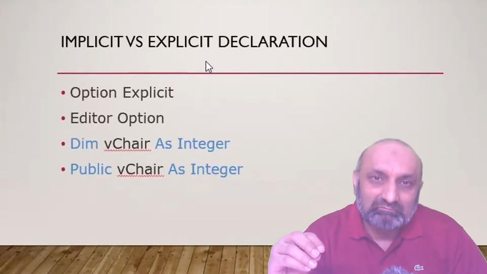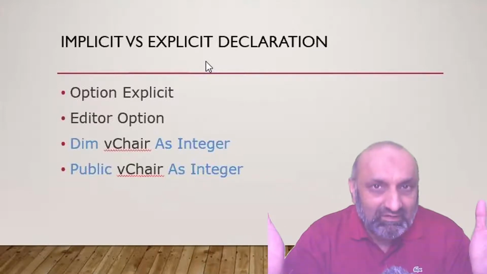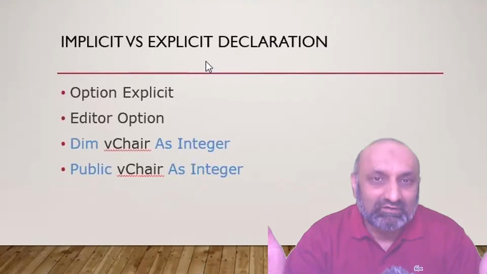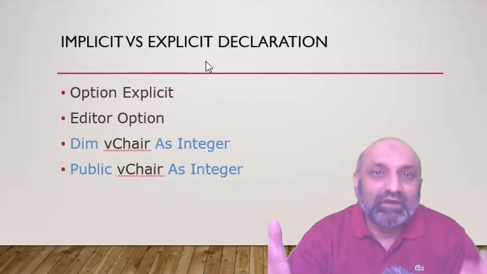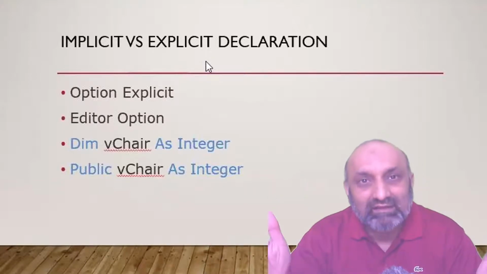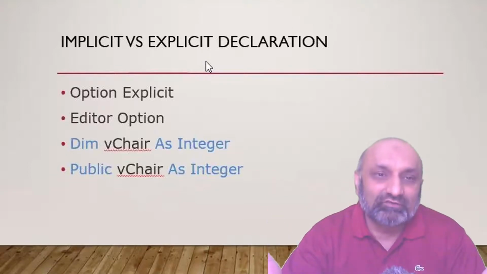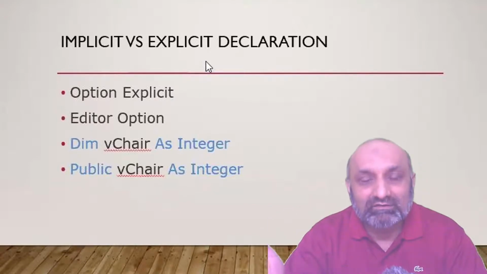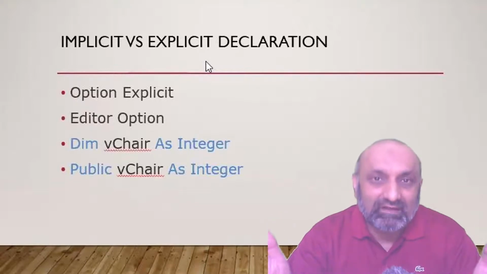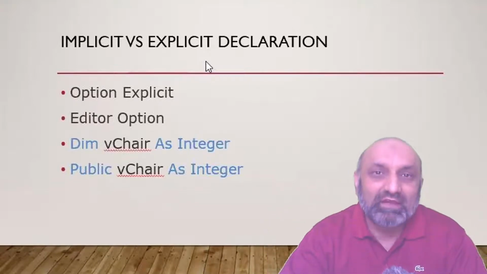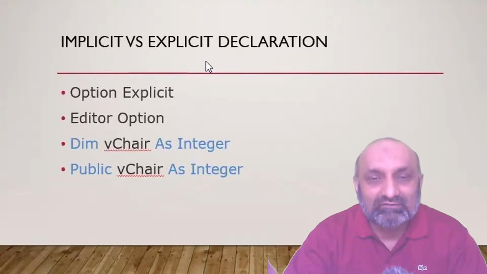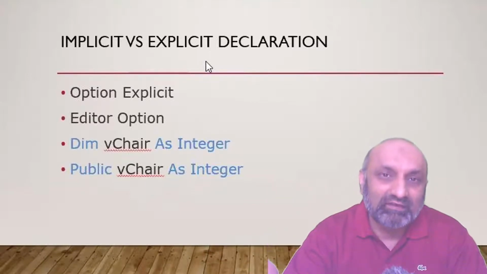Okay, so I don't use this, but generally the programmers do it. You need to understand that whenever you go to the net or the web, you will find lots of help, and that help is generally developed by programmers, and they use the explicit version. They declare their variables, and this is a very good practice, so that in future when you go and read your macro, it is very easy to understand what variables have been used.